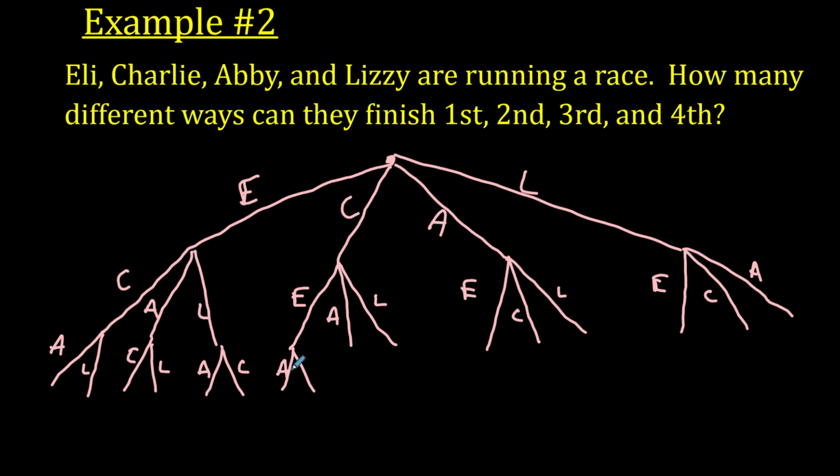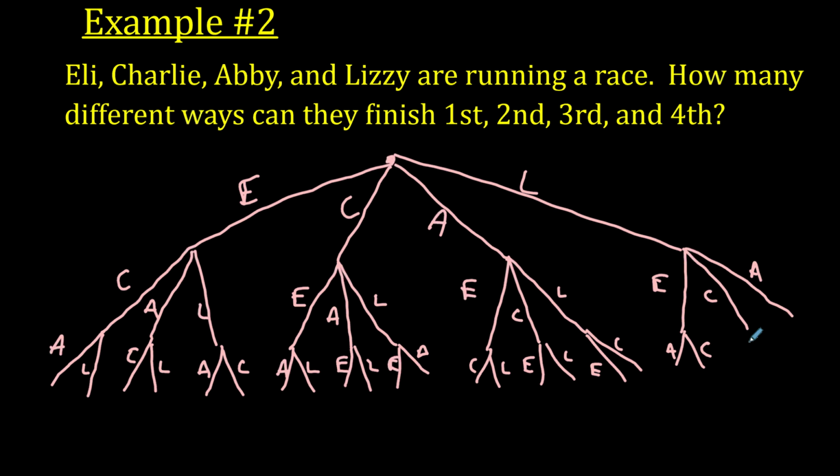So Charlie, Eli, Abby, Lizzie, Charlie, Abby, Eli, Lizzie, Charlie, Lizzie, Eli, Abby, and then Abby, Eli, Charlie, Lizzie, Abby, Charlie, Eli, Lizzie, Abby, Lizzie, Eli, Charlie, Lizzie, Eli, Abby, Charlie, Lizzie, Charlie, Eli, Abby, and then Lizzie, Abby, Eli, Charlie. All right, so we've got first, second, and third, and then the fourth place is just going to be forced from there,